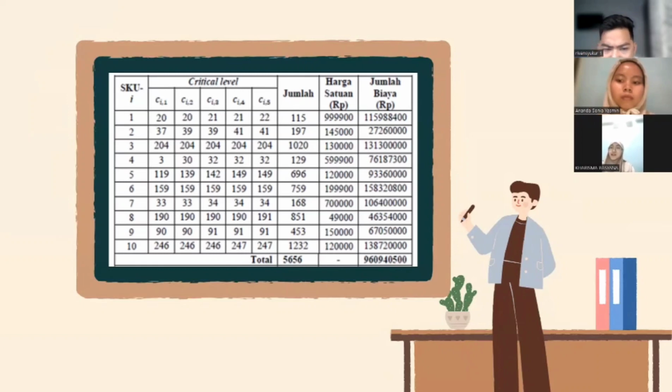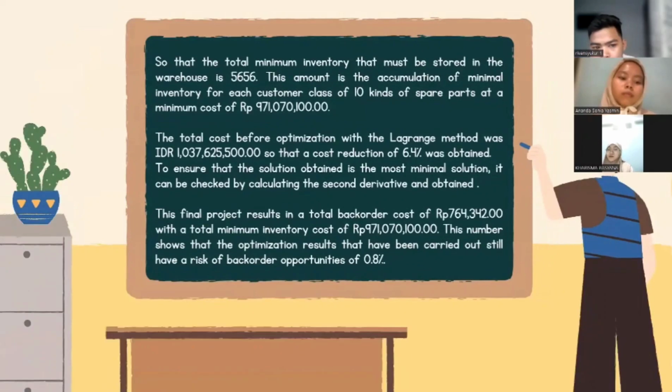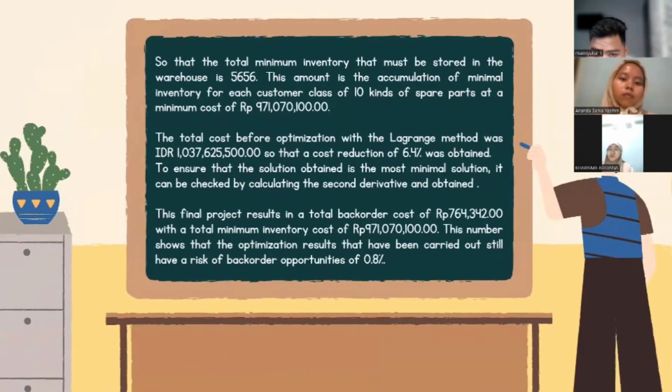So this is table 4.3, spare part optimization result with Lagrange multiplier method. So the total minimum inventory that must be stored in the warehouse is